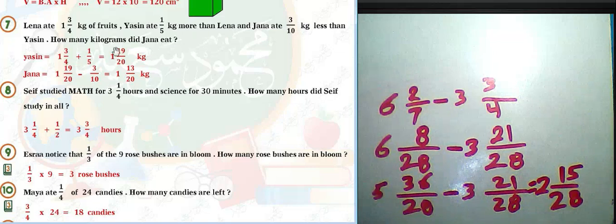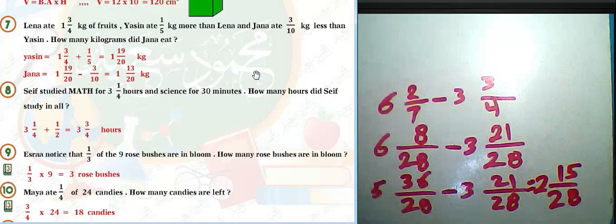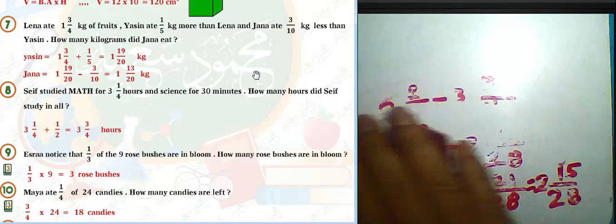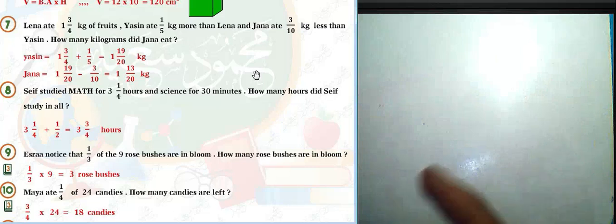over 10 from the result, because Lena ate 1 and 3 over 4 kilograms, and Yasin ate 1 over 5 kilogram more than Lena, and Jana ate 3 over 10 less than Yasin. You must find the least common multiple of the denominators of all the fractions. Here you can find